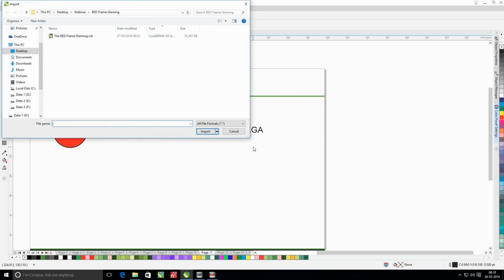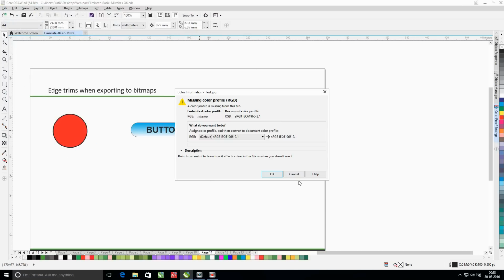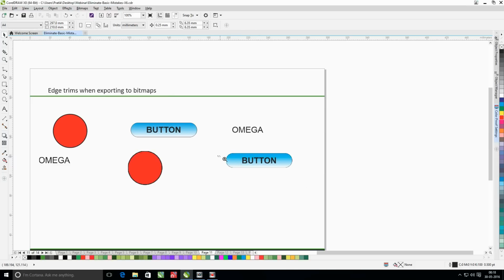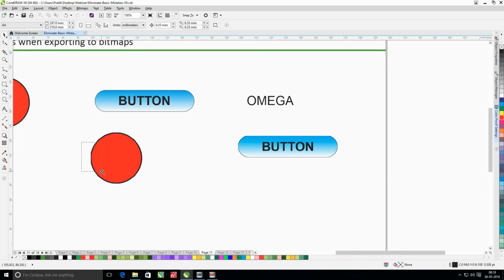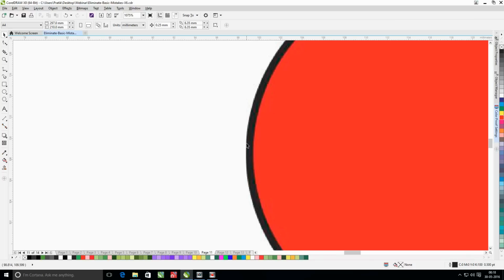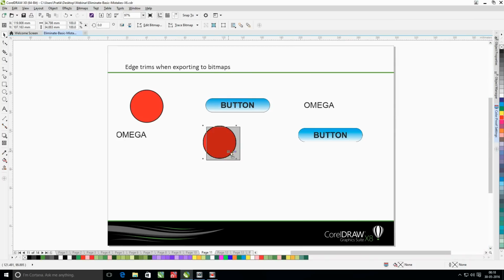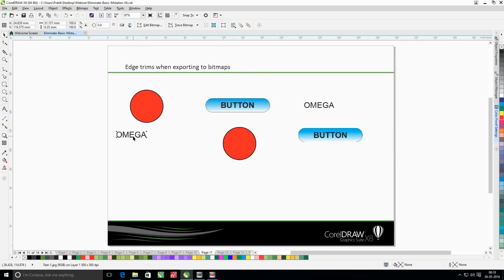Now when those bitmap images are reused or imported in your design, you can noticeably see that the left side of the edges seems trimmed. Probably because of anti-aliasing, a little jaggedness is seen in the left edge of the object.